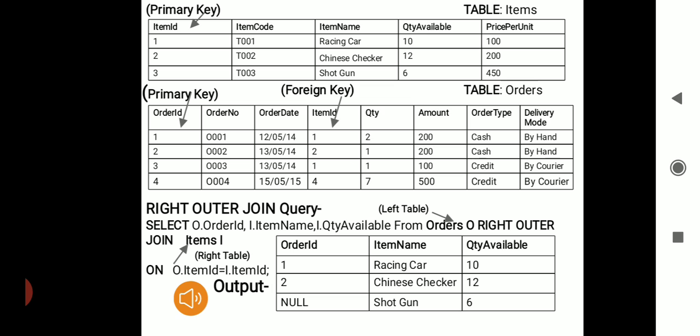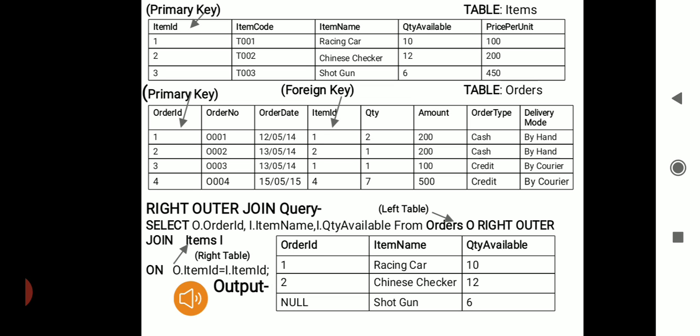The table left of the text right outer join, or the table corresponding to the first column in the joining condition, which is the orders table in this case, is the left table, and the table right of the text right outer join, or the table corresponding to the second column in the joining condition, which is the items table in this case, is the right table as depicted by arrows in the query.